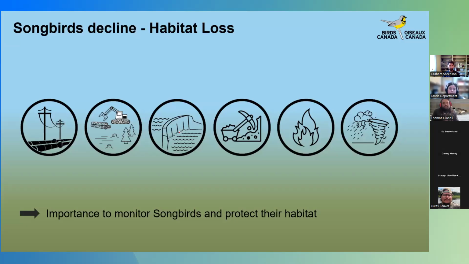So why is there a decline? There are many reasons, but in the northern regions, the main issues are more human caused. For example, when we build pipelines, for the forestry industry, dams, mining, etc. So these are the main anthropological